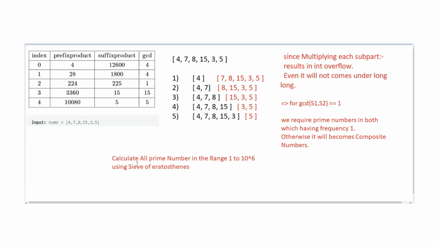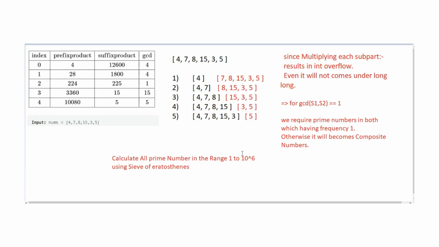In that, you need to check whether that number is prime or not. If it is prime, increment it in the suffix product. After incrementing it in the suffix product, decrement its value from the prefix product if it has already occurred. And if its frequency becomes 0 in the prefix product, remove it from the prefix product. What we are doing is simply storing all the unique prime numbers in both the maps, calculating the possible values which give us the GCD as 1.